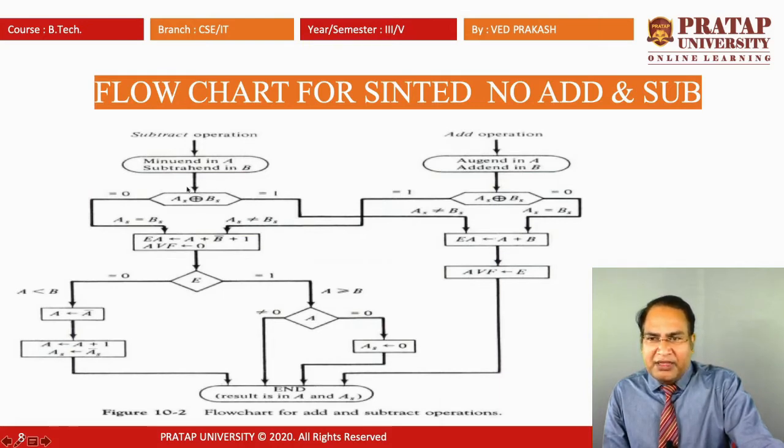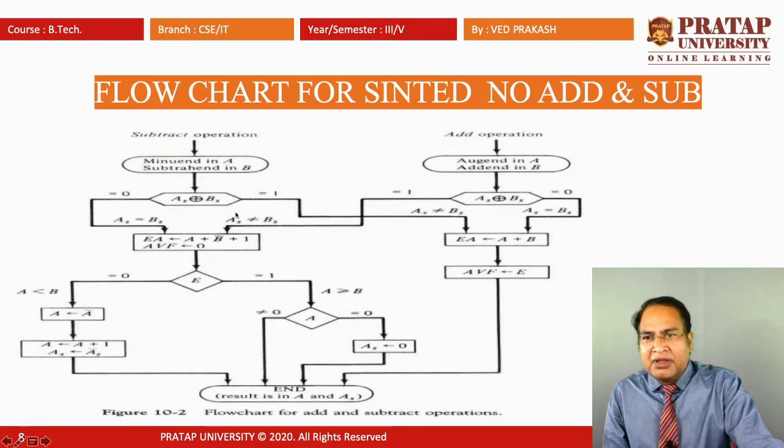After that we pass the sign bits of register A and register B into the flip-flops AS and BS. These AS and BS are processed by the XOR gate.